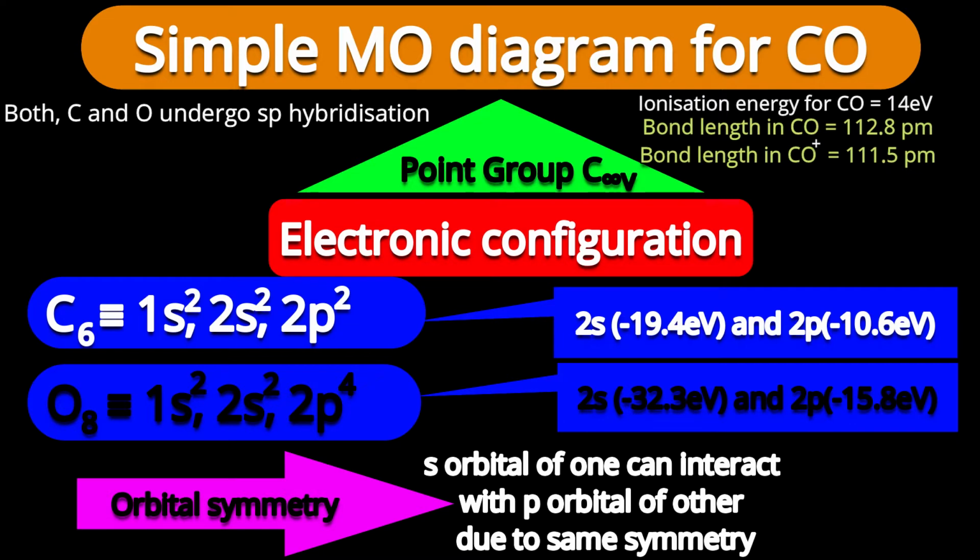Okay, the concept will be made clearer by further explanation. By the way, I would like to bring your attention to bond length. The bond length of carbon monoxide is 112.8 picometer, while monopositive, ionized carbon monoxide is 111.5. So after ionization, the bond length is decreasing. Let us see whether the hybridized model suggested by Coulson explains these things or not.